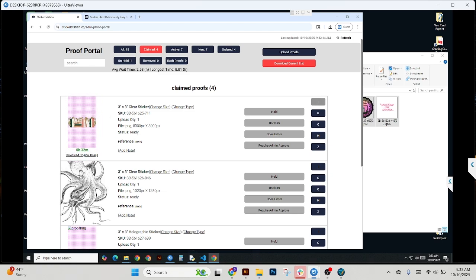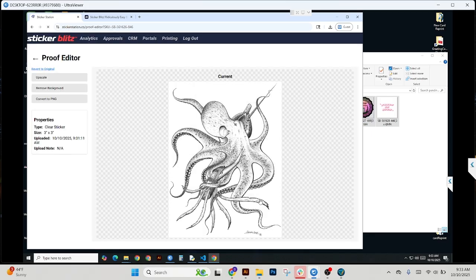This one is also a clear, and we can see it is not transparent. So there is an opaque white background that we are going to need to remove. And because of that, we're also going to need to manually come up with the cut line for this one. This would actually be a good use case for the image editor. You would just click Open Editor, and then you'd hit Remove Background, and it should be able to remove that